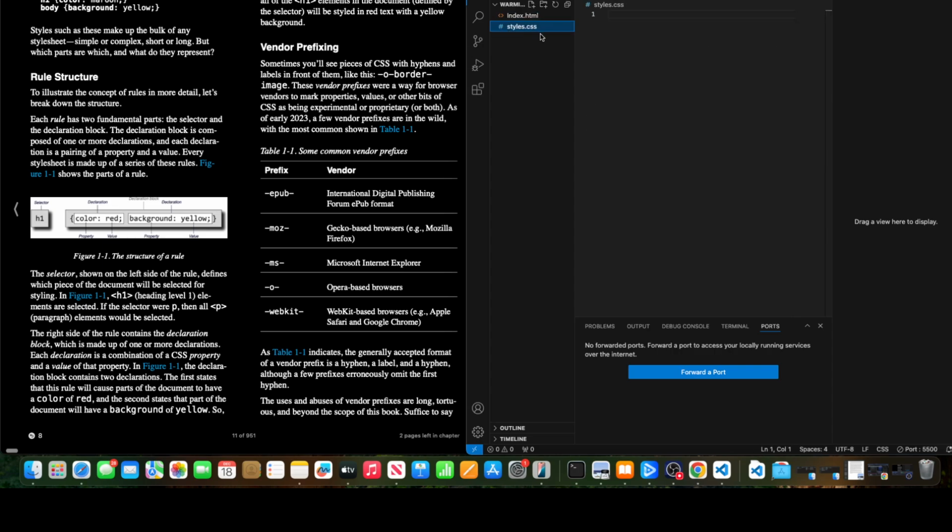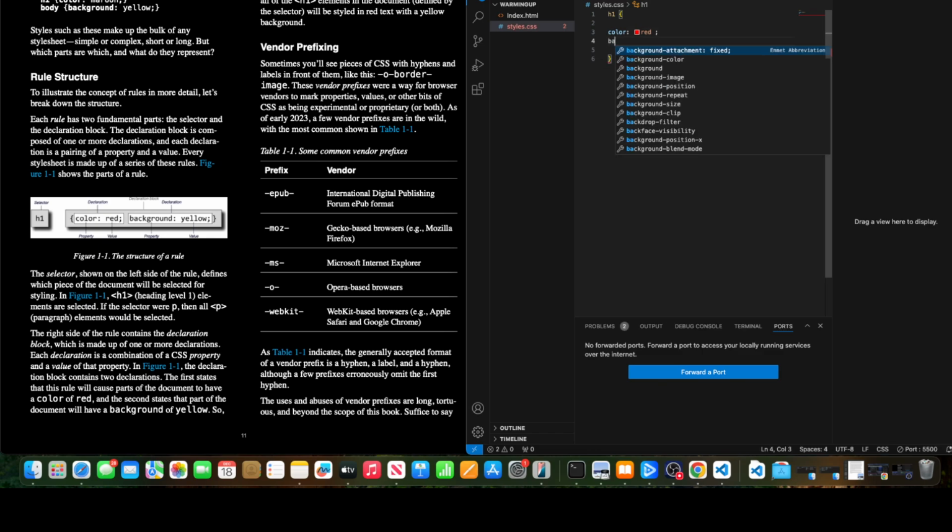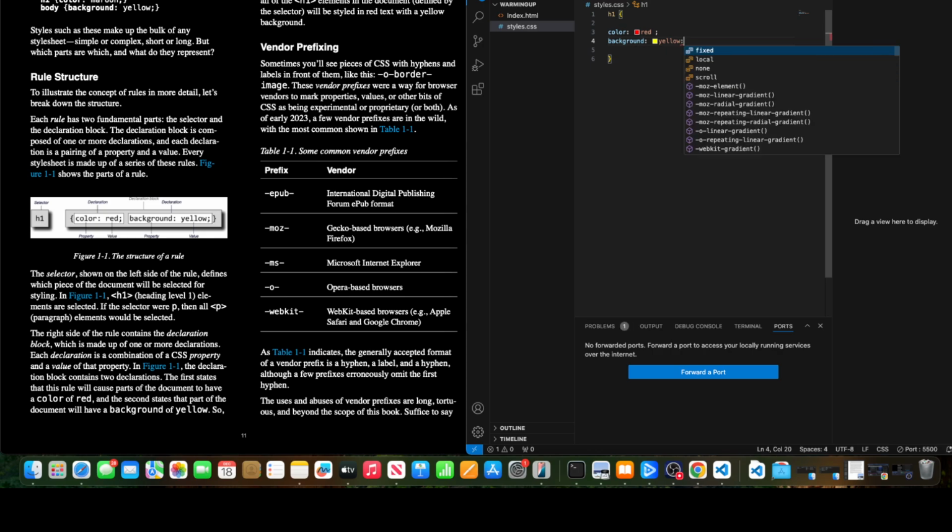If we start writing, first is my selector, then curly braces. Now I'm going to mention my style. Suppose I mention color is red. This is the first declaration, and a declaration is a property and a value combined together. The next declaration will be separated by a semicolon. Then I'll put another declaration such as background, and I will end the declaration with a semicolon. It's not mandatory to put a semicolon at the end of the last declaration. Once you have done that,